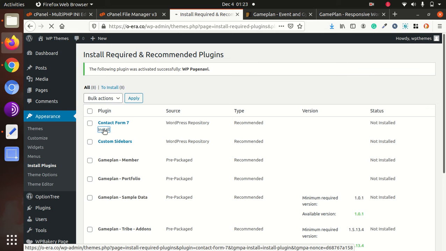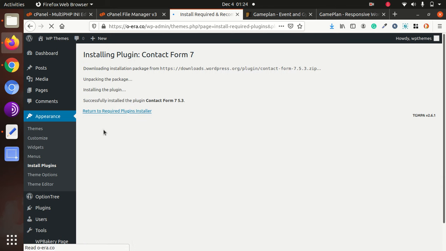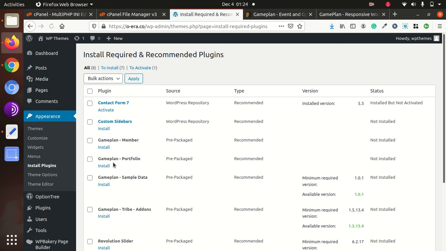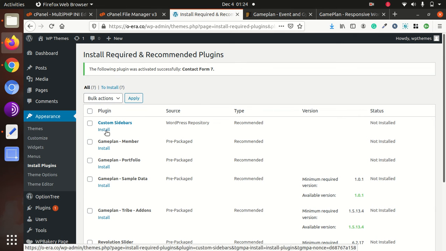Contact Form 7. I am installing all the plugins because I need to show you all the components of the theme, and it should be displayed in this video that there is no error. Whatever is not required we can delete at later stages.